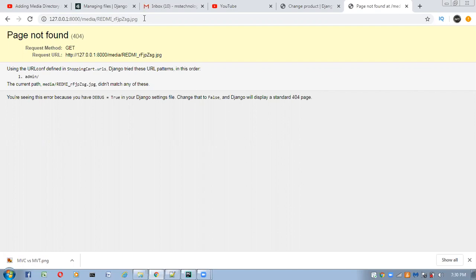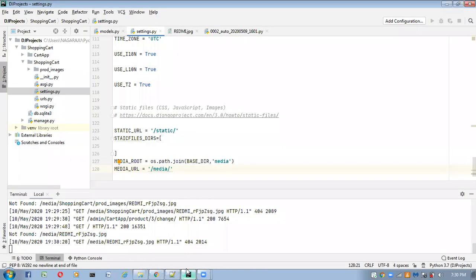See what we have to do here. The request URL is http://127.0.0.1:8000/media/Redmi..., and we are getting a page not found error. Why are we getting this error? The problem is that the Django server does not serve media files by default.